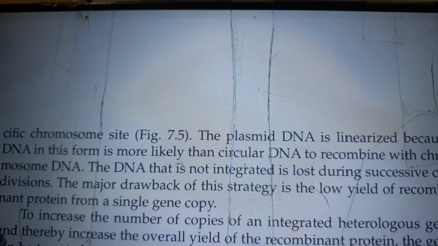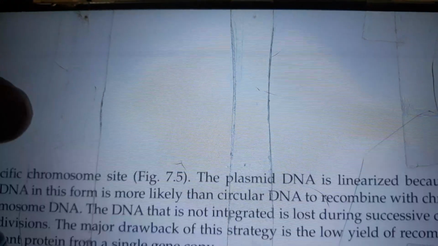This is shown in figure 7.5. Plasmid DNA is linearized because DNA in this form is more likely than circular DNA to recombine with chromosomal DNA. The DNA that is not integrated is lost during successive cell divisions. The major drawback of this strategy is the low yield of recombinant protein from a single gene copy. Going back to the diagram,